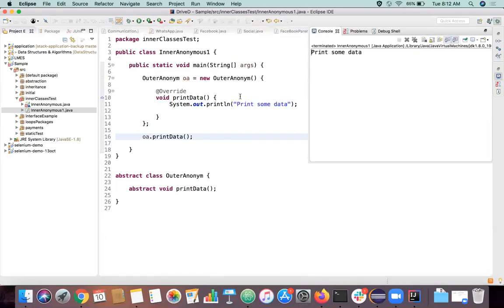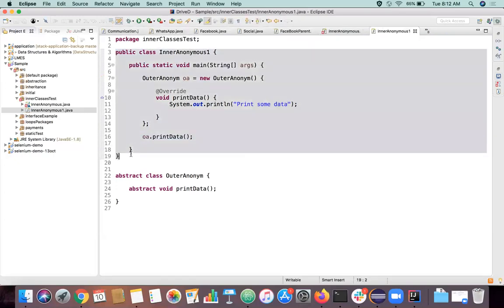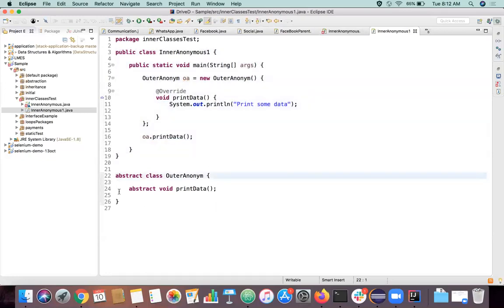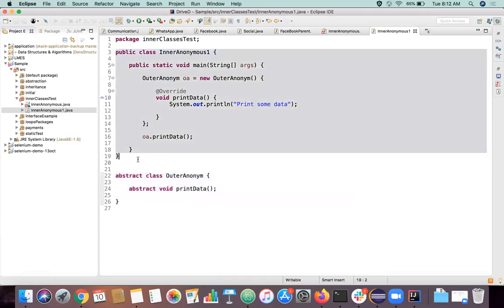Sorry for the little confusion actually. What we have to do is declare that name itself as the class which contains the main method. This class which contains a main method, the class name should be of that type. And we have this abstract class defined inside this class itself. So what we are trying to achieve is, instead of extending this abstract class and creating an object for that abstract class, we are creating one more class here itself, and we are using the main method here.